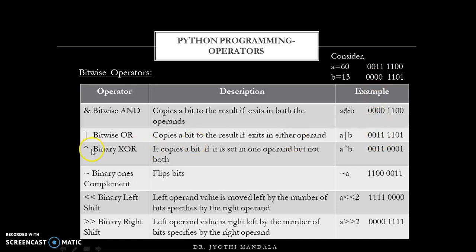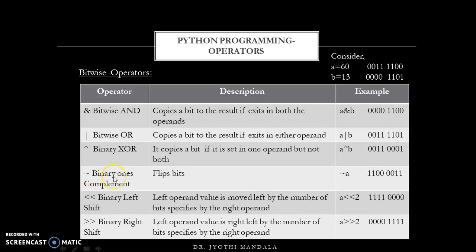Right? Now bitwise exclusive OR. The bitwise exclusive OR operation will check if both the operands are 0, or if both the operands are 1, then you'll get an output of 0. That means if you have the same value, then the output will be 0. So 0 0 is 0, 1 1 is also 0, but if the value is 1 0 or 0 1, then you will get an output of 1. So that is exclusive OR.